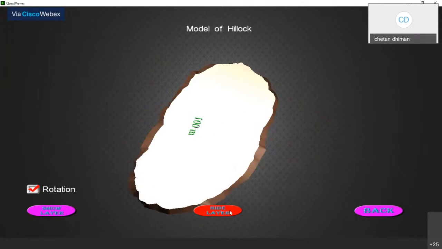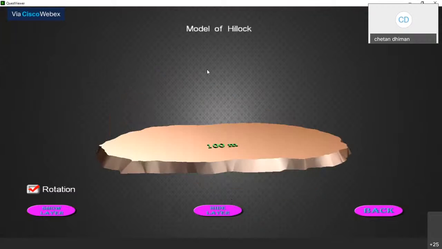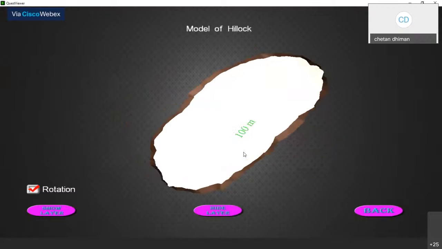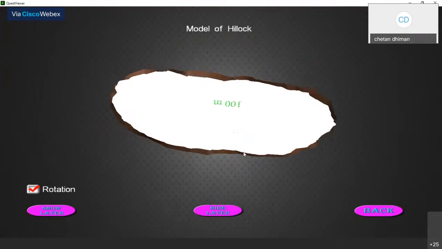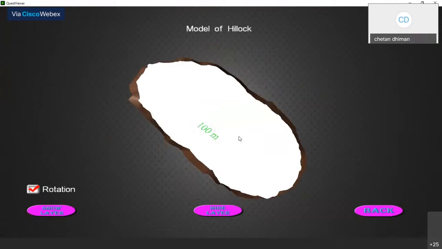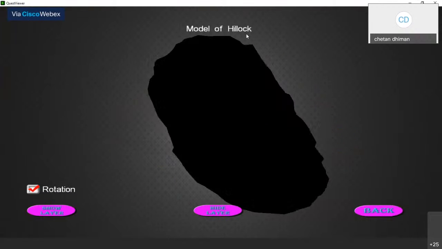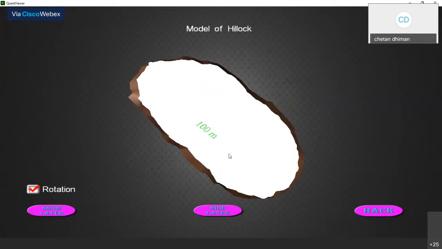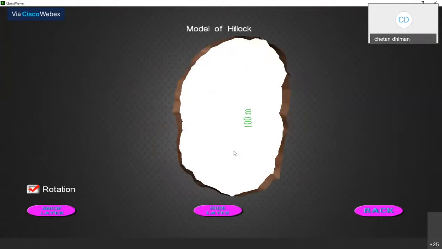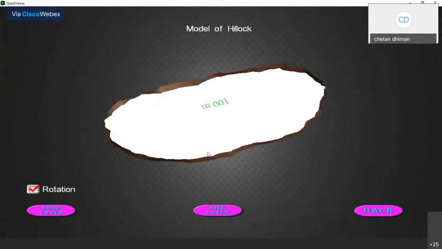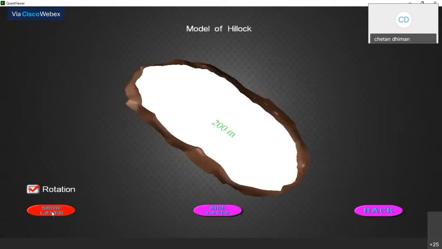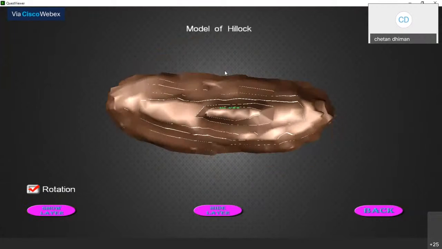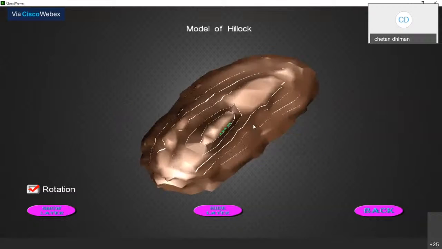With a plain area, and at the last you will get a plain land having the contour with an elevation of 100 meter. So a student can understand what a contour line is. It means the outer periphery of a surface having the same elevation is known as contour lines, and you can just click on show layers. You will get the layers back onto their position.